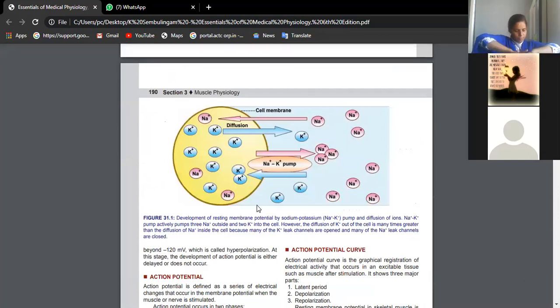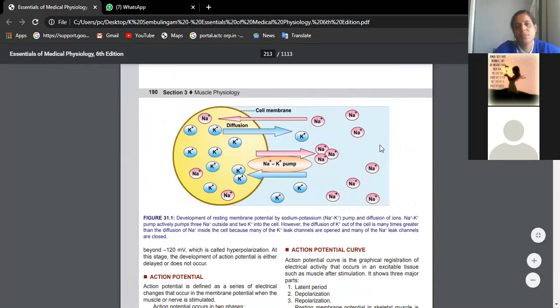Then cyanosis. What is cyanosis? This is the last question. Cyanosis, do you remember, 3 marks? Bluish discoloration of mucous membranes, isn't it? Why does it occur again? It is seen in high altitude also, and whenever there is more carbon dioxide accumulation in the blood. Okay. So, what is hypoxia?